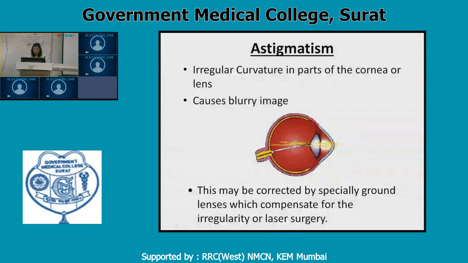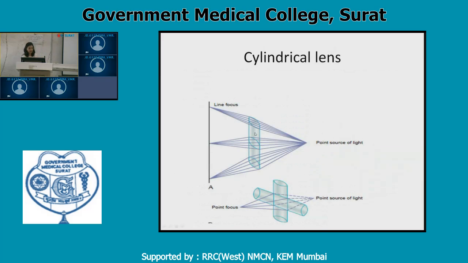Also we can go for LASIK surgery or laser surgery to correct astigmatism, to make this uneven curvature uniform throughout. This is how you see this cylindrical lens: from a point source, the image is forming on one focal plane. Instead of getting scattered at different points, at least it is focusing on one plane. And if two lenses are placed at different axes, this image will be formed at one focal point and that clears the image. So this is how cylindrical lenses at different axes are used so that all the light rays coming from different planes are focused at one point on the retina for clearing of image.